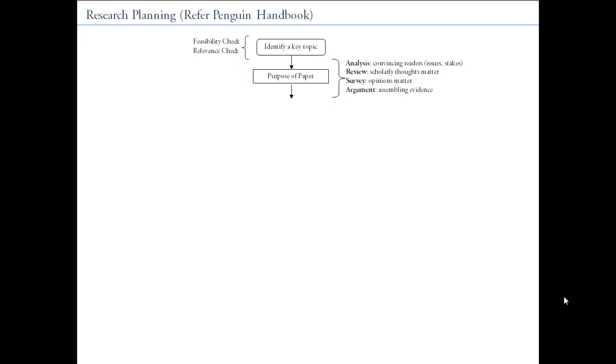Typically, for analysis, if you have quantifiable proofs, you can use the analysis method. But if you do not have quantifiable proofs and you do not want to take a stance, you can do the review method, where you're presenting opinions on both the sides of an argument, and then you're letting your readers make the judgment call. Survey is where you're researching a topic that's contemporary, and where people who are being affected